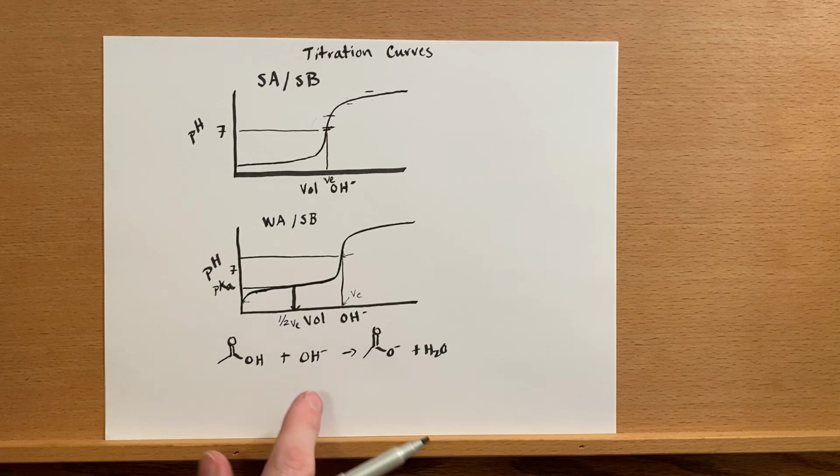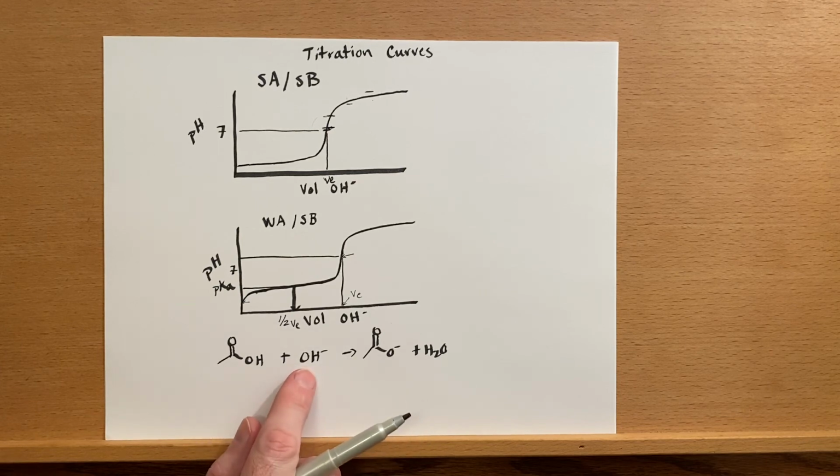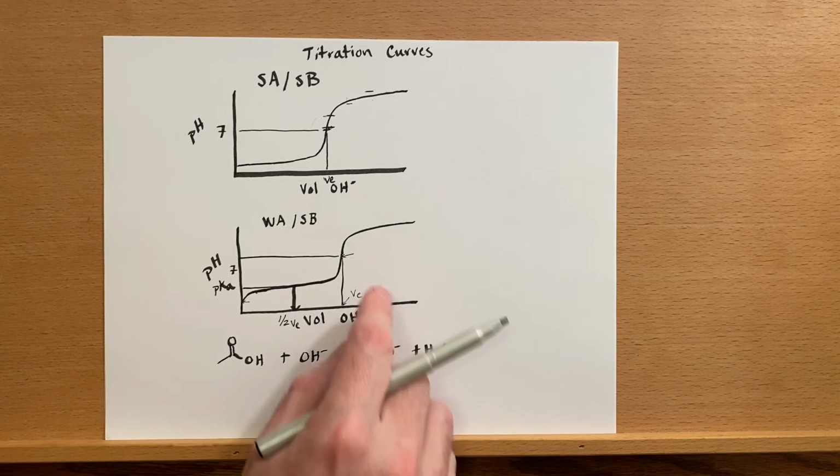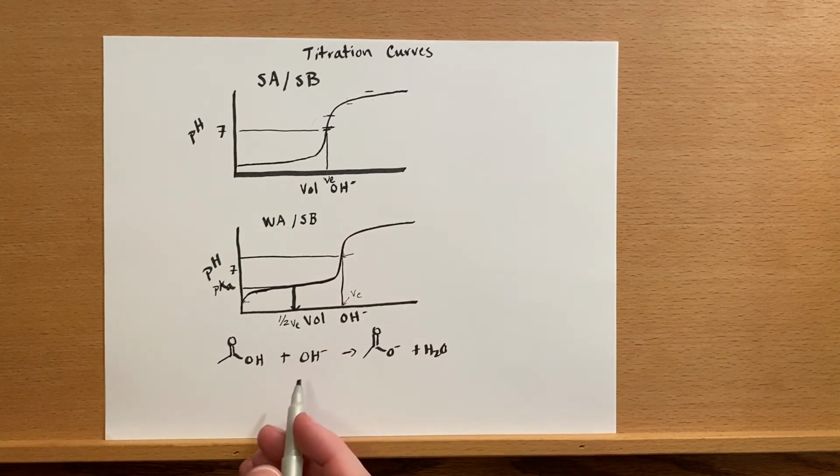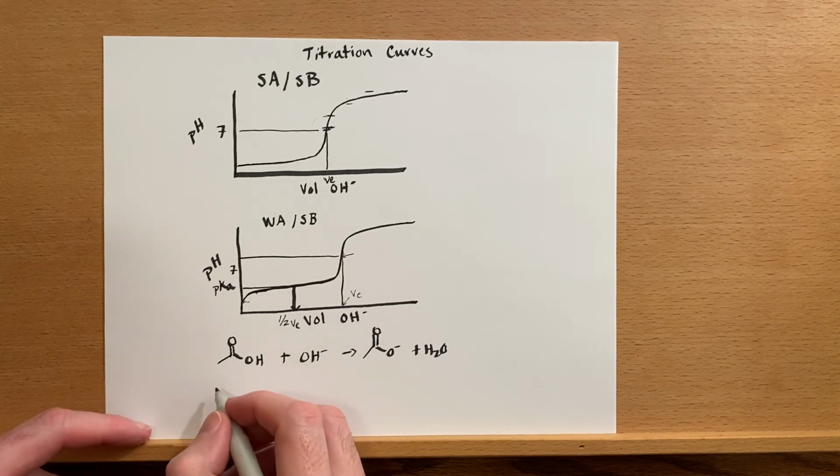So at that point, we'll only need to determine how much of this is left over, and then from there, we'll determine the concentration of OH and then calculate the pH, just like we did in the strong acid, strong base. And to further convince you that that is the case,